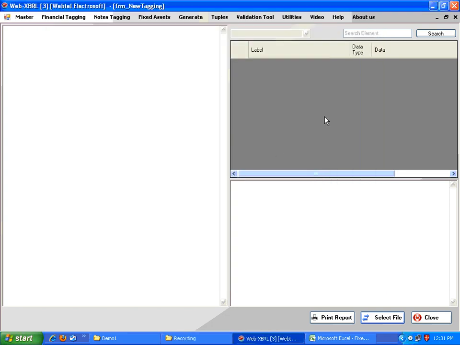After financial tagging, let's move on to notes tagging now. On the top, we have a tab for notes tagging. Once we click in this, we'll have this page in front of us. On the left side, it's the Word format file that we have, and on the right side, there would be